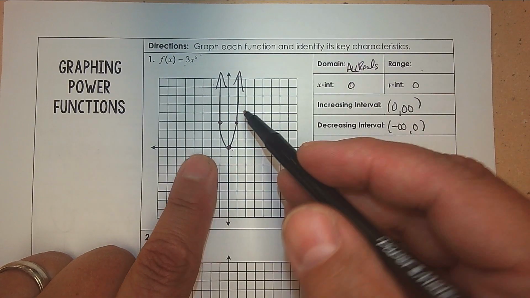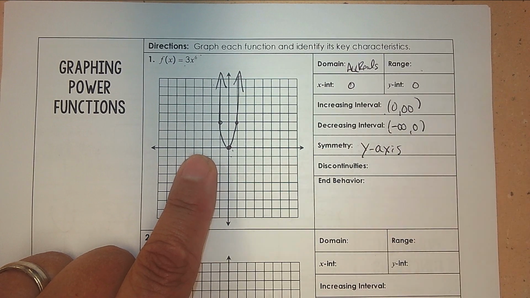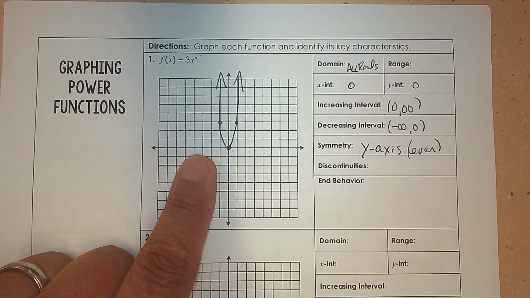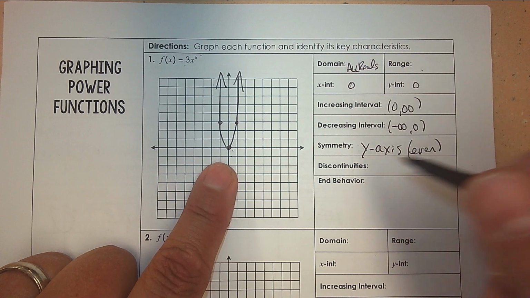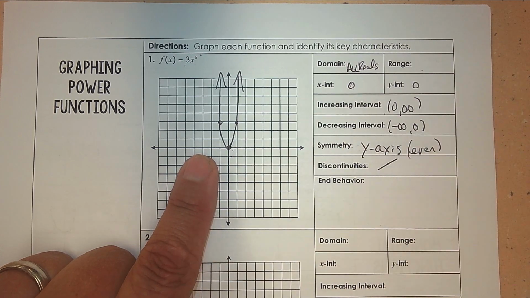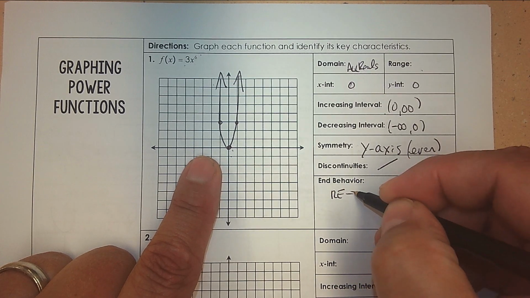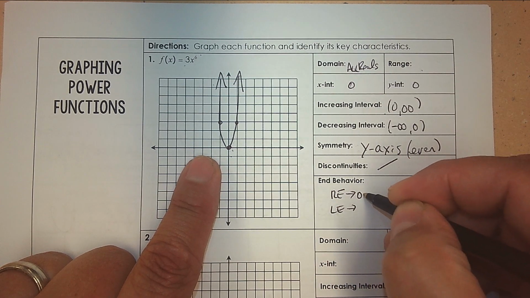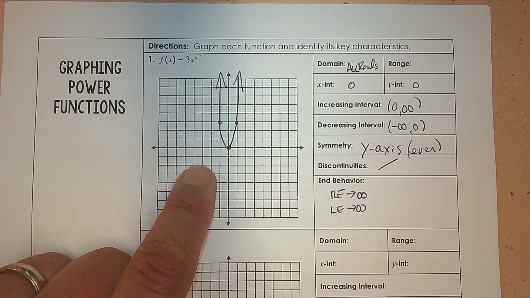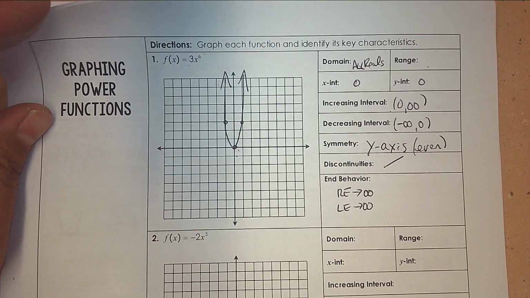Symmetry. Does this have symmetry over any axes? And you can see it has symmetry over the y-axis. We call this an even function. Are there any discontinuities? Meaning, are there any breaks or holes or anything, or is it just a continuous function? So there's no discontinuities. What do you think the end behavior is? What direction is the right end and the left end? So we're just going to go pure math here. The right end's going to infinity, and the left end's approaching infinity. Done. All right, try the next one and see if you can see the end behavior of these power functions,